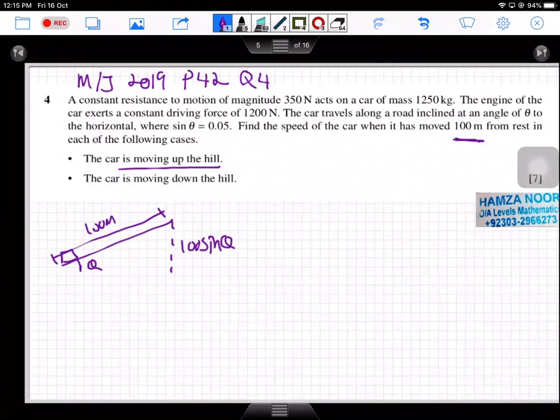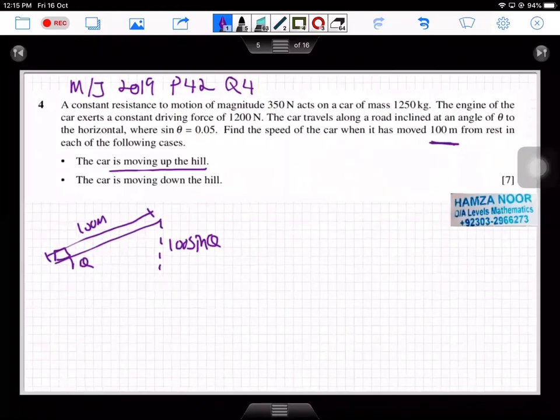So what do you need to find? You need to find the speed. So we are going to make a work energy relation from the bottom of the hill to the top of the hill. Okay, so we have external forces obviously, because there is a resistance of 350 newton and a driving force of 1200 newton. So our basic work energy relation is that mechanical energy at start of the journey plus work done